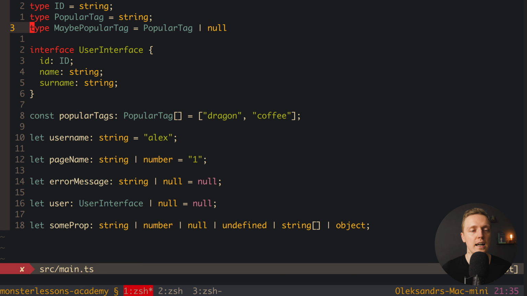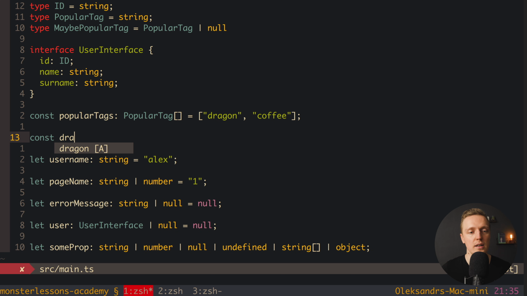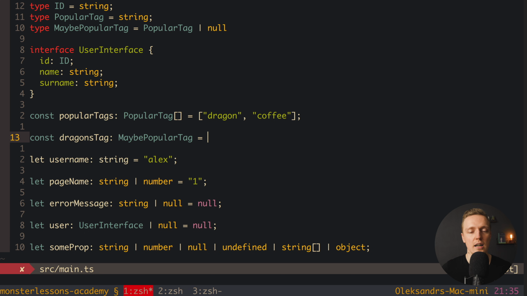And this is really nice because we created a new custom type and we can use it everywhere, and we don't need to write this union everywhere, so we can simply store it inside an additional type. Then somewhere here we can create, for example, our dragon's tag, and this is of type maybe popular tag. Now inside we can either write null or some string, maybe dragon, but not something like an empty array.